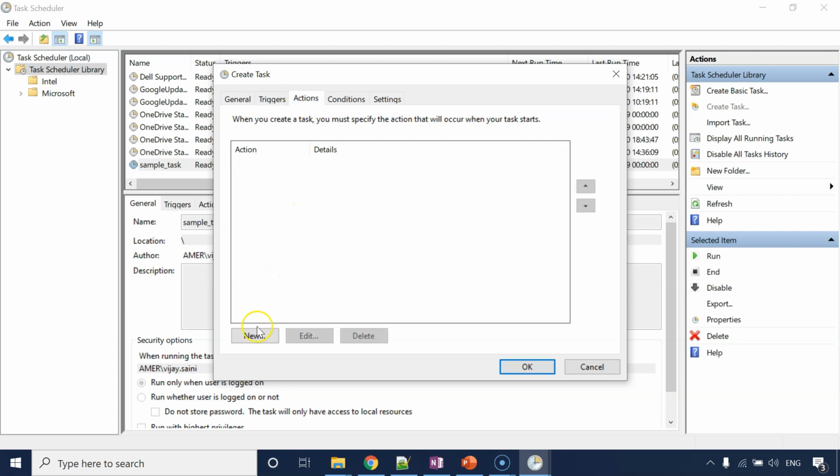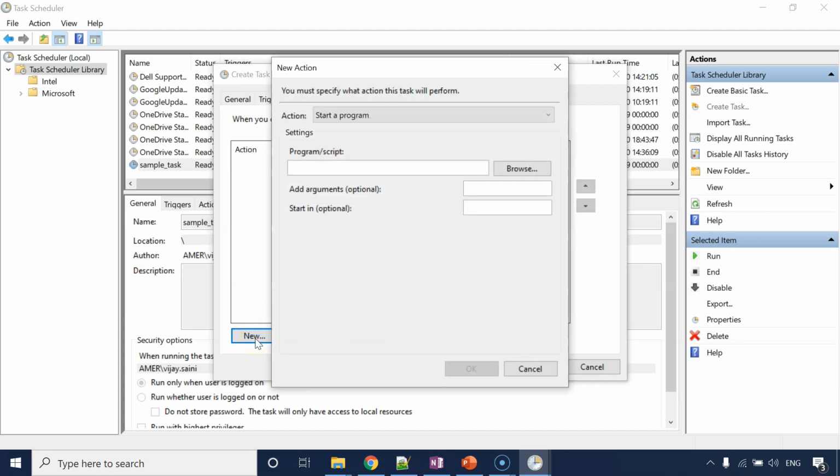So go to actions and create a new action like this. Now, action could be start a program, send email, display message, etc. Send email message and display message options are deprecated. Basically, Microsoft wants us to script whatever action we want to take, right? So these options are deprecated.